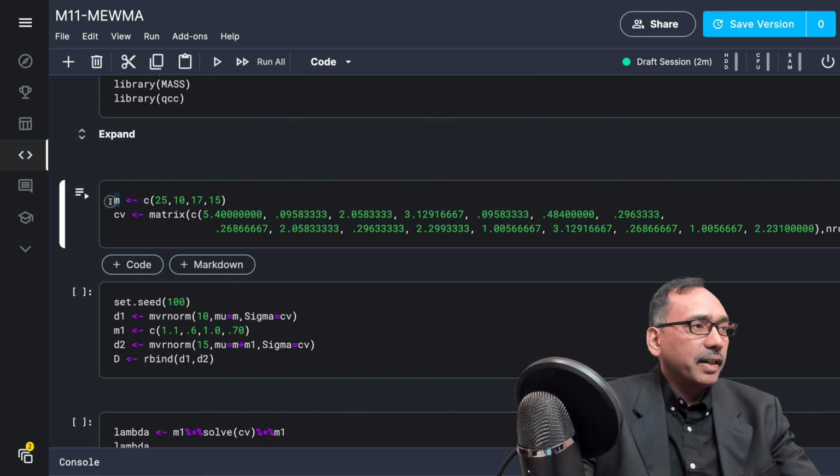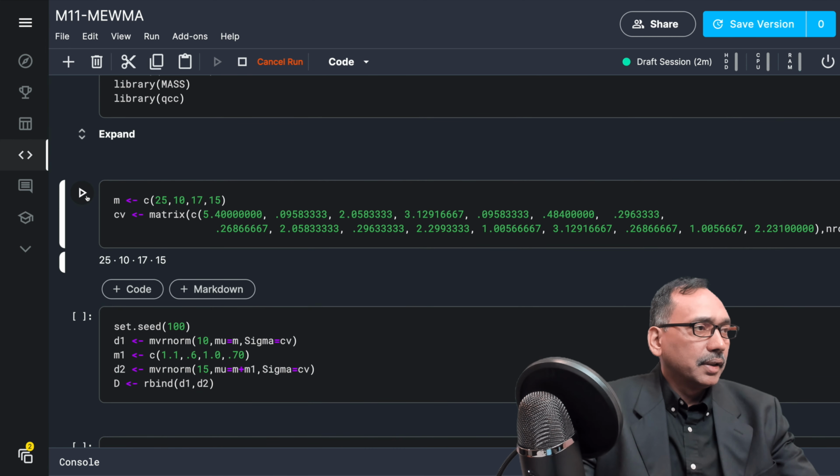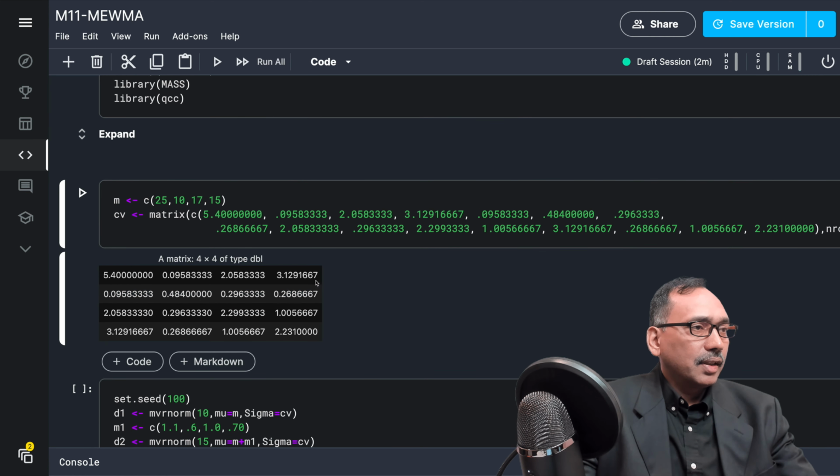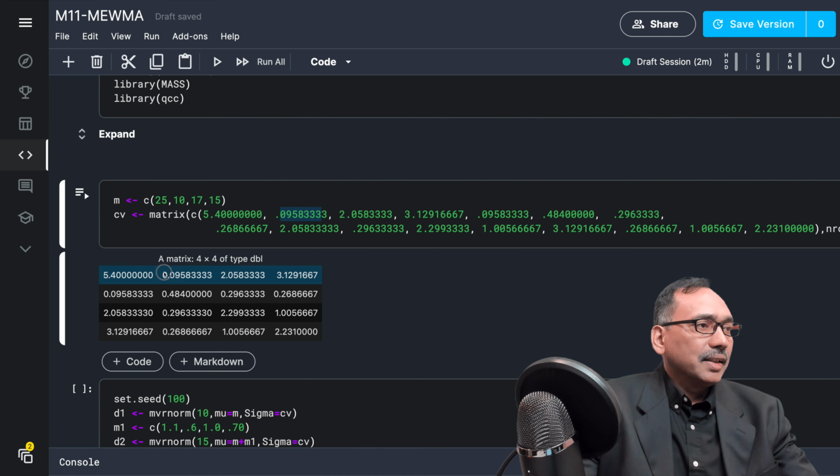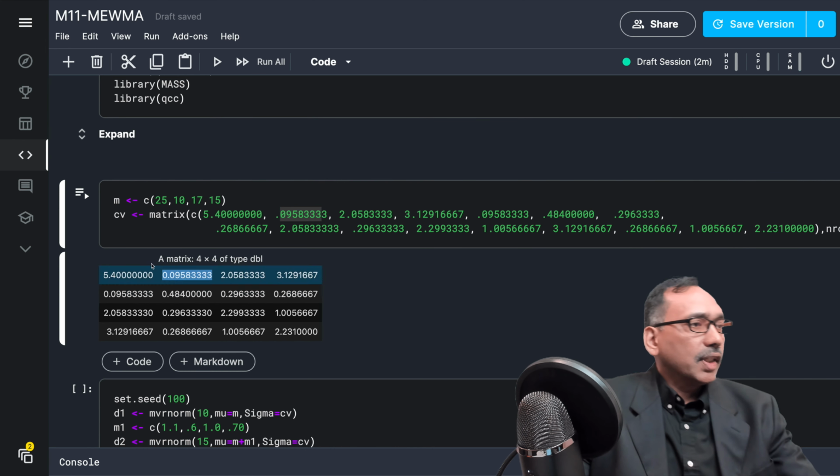For example, if I run M, the same values are stored here. And similarly, if I run CV, that 4 by 4 matrix that we defined has exactly the same values as we have designed.